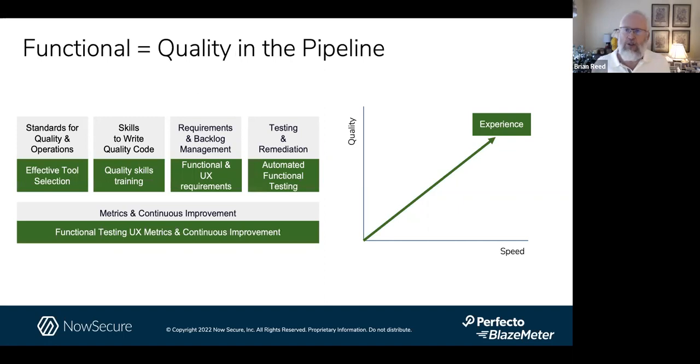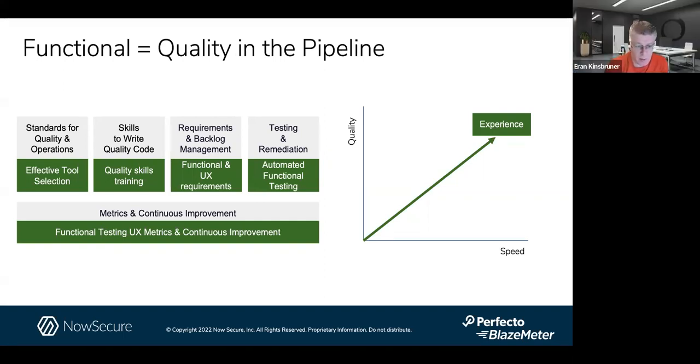So Eran, let's talk about this from a functional perspective and how quality now maps into tooling. When you're thinking, especially, about continuous testing for mobile applications, if you divide quality inside the pipeline into the different pillars, if you like. We talked earlier that it takes a village. We have shown the poll of how many different tools you need.